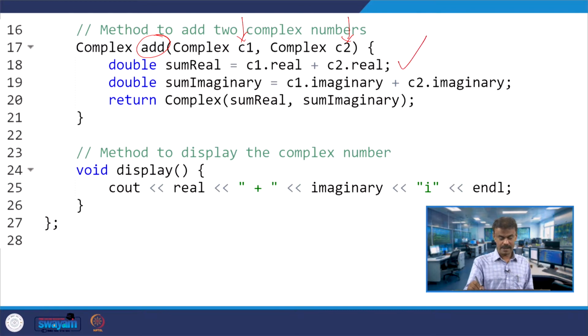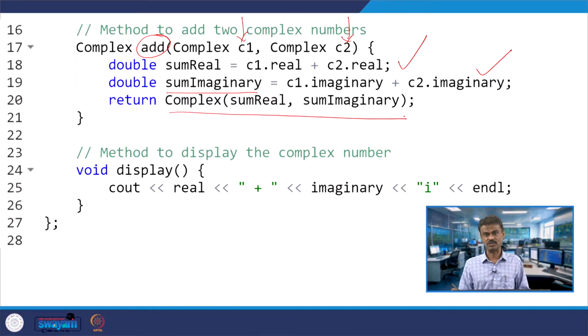The real part sum is put in a variable sum real, and C1 dot imaginary plus C2 dot imaginary is put in sum imaginary, and you are returning a Complex object with sum real and sum imaginary. We will see how this works when we talk about the main.